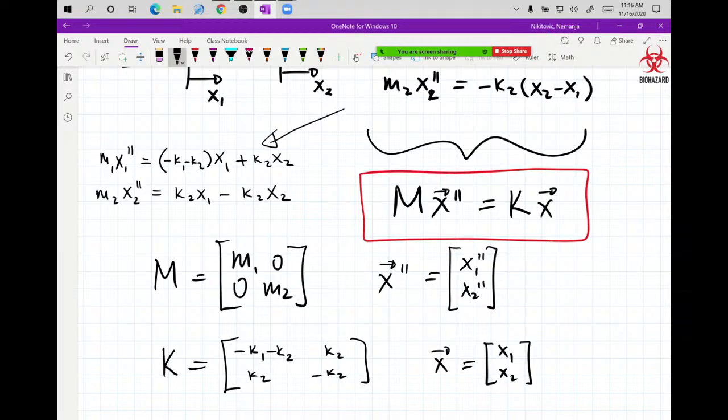X1 is going to be some solution in terms of sines and cosines, and X2 is going to be a solution in terms of sines and cosines because, as I said, both of these oscillate left and right, making these sines and cosines. That's it. So this is a 2x2 system, right? And we are able to now solve it using our basic